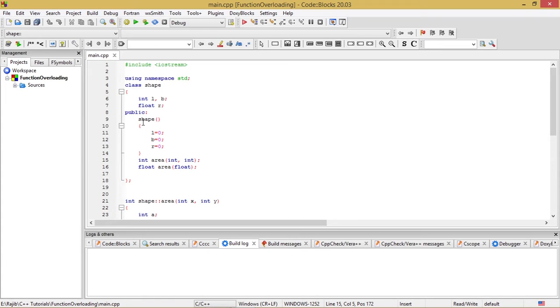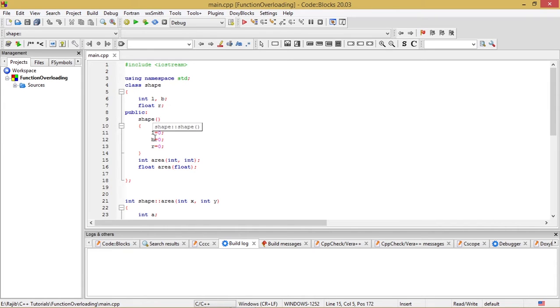Under the public section I have defined a constructor. This constructor is a default constructor, as you can see that there is no argument with the constructor. The constructor has the same name as the class name, so it is definitely a constructor.